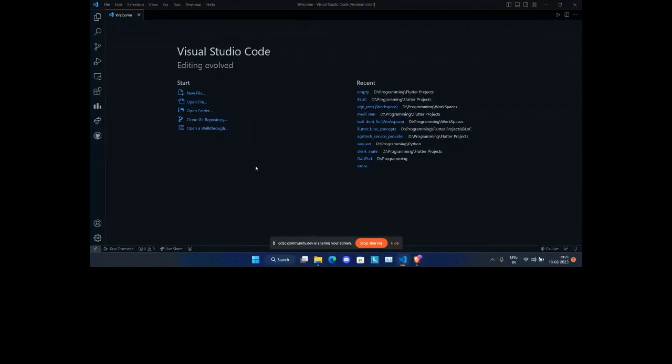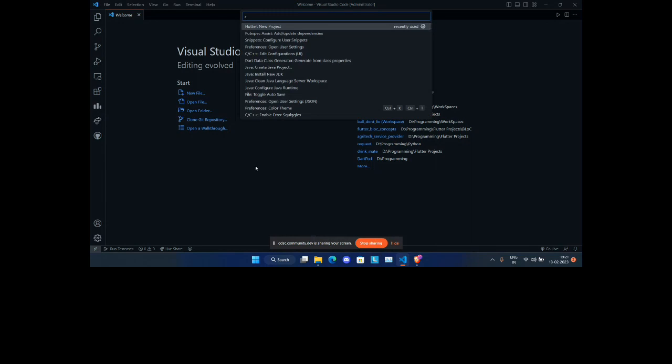Yes. Okay, so I don't think I will be taking you through the installation process of Flutter. I don't think that is necessary here. There are a lot of tutorials online where you can install Flutter and get started with it. But what we should first learn is how Flutter works, or the Dart language basically. So I'm just going to start by creating a new project.